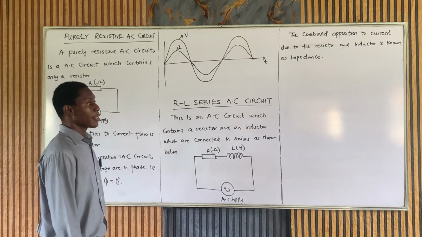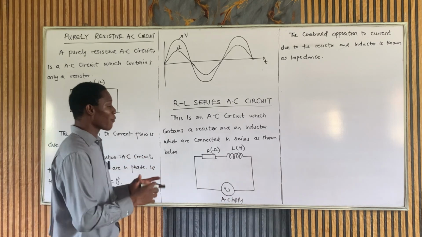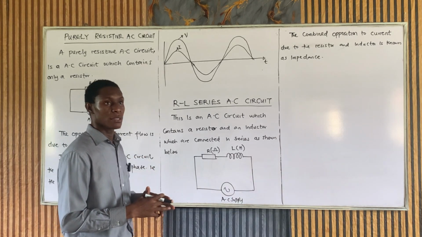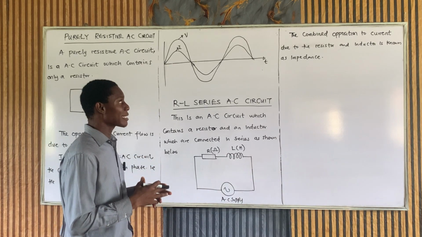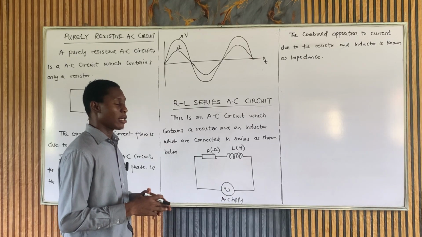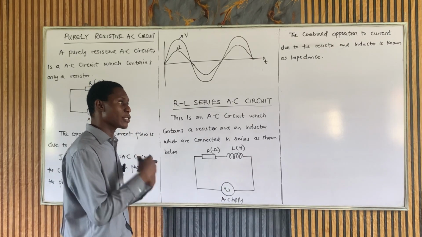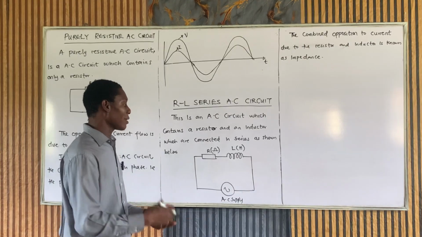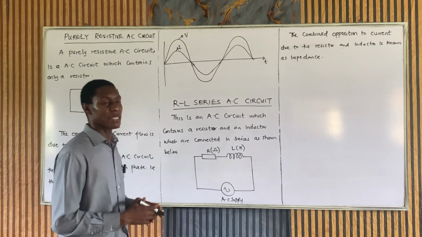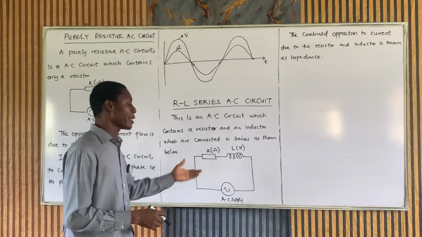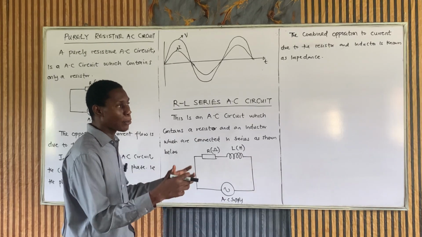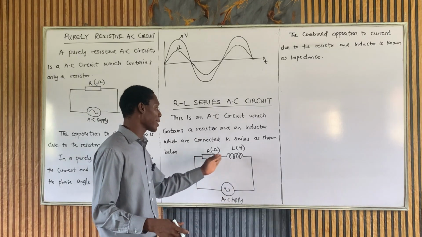Now, the opposition to flow of current in this circuit is known as impedance. You can't say it is reactance here. If you say reactance, you're saying it's just due to the inductor. And you're not saying it is resistance. If you say that, you're saying it's due to the resistor. But the combined opposition to flow of current due to the resistor and inductor is called